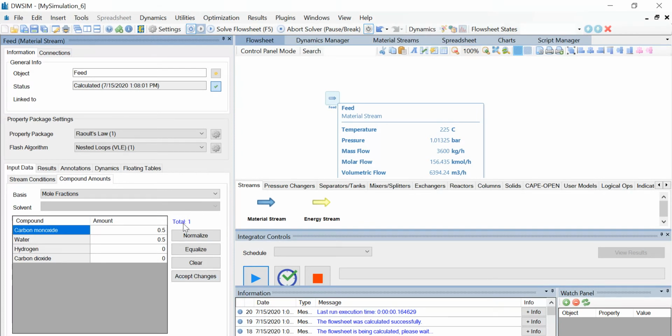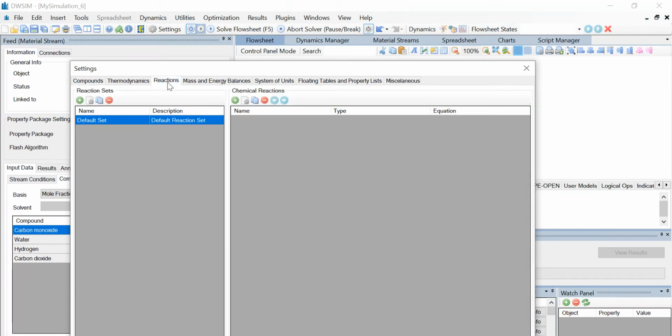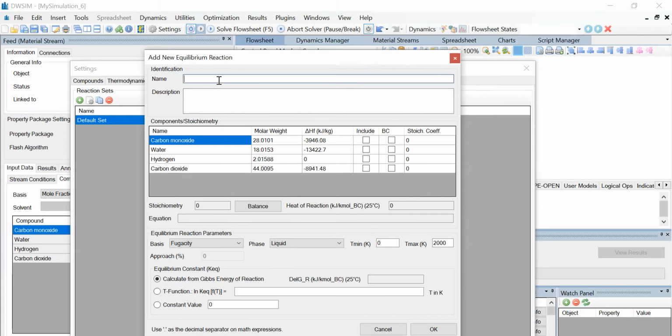Now let's define the equilibrium reaction. For that, go to the Settings menu. Under the Reaction tab, click on the Add Reaction and select the equilibrium reaction. First, let's name this reaction water-gas shift reaction. Now, under Include, select all the compounds